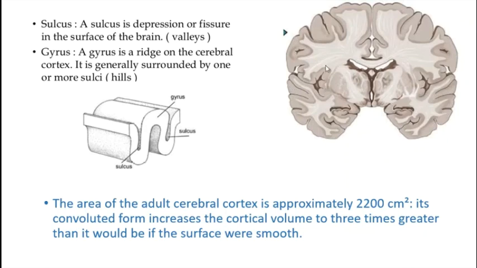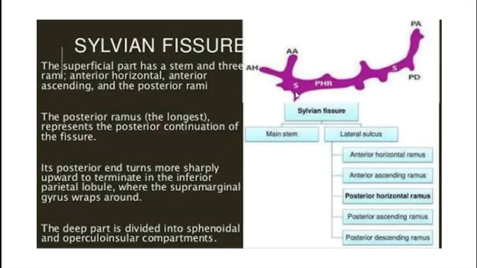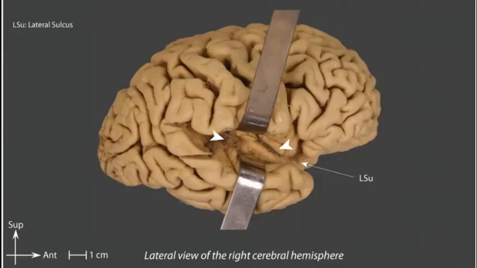So, this area is hidden from any external view, and this becomes a very interesting finding once you remove the two lips of, let us just say, the grey matter near the Sylvian fissure, and you see more grey matter underneath. This is called the insula, and we will discuss it later. But just remember that as you move the two lips of the lateral fissure apart, you discover more grey matter under it.